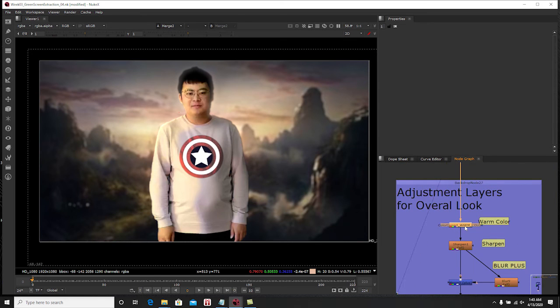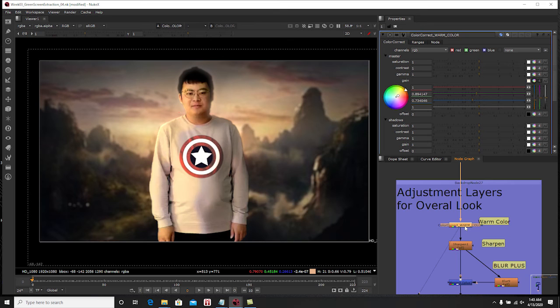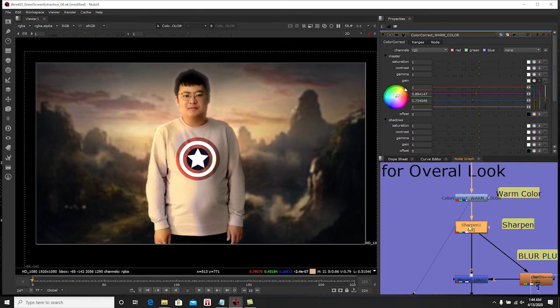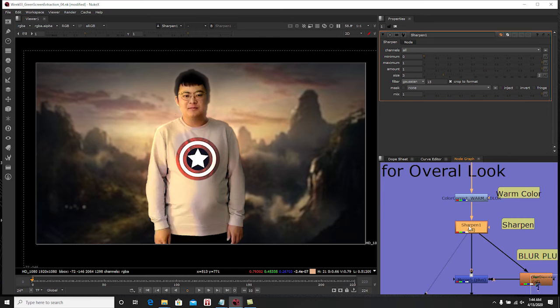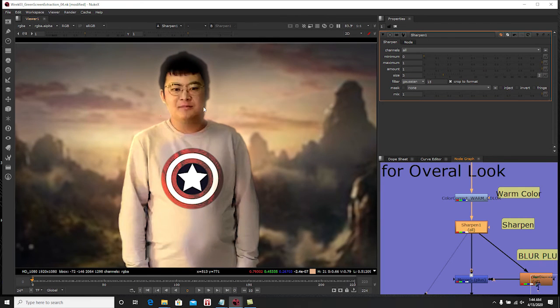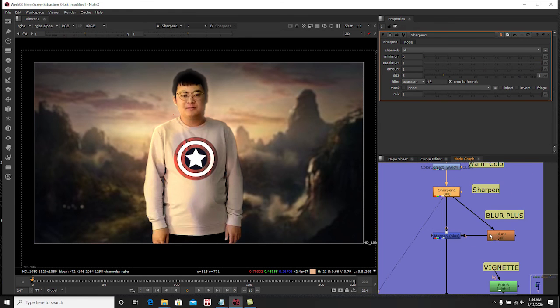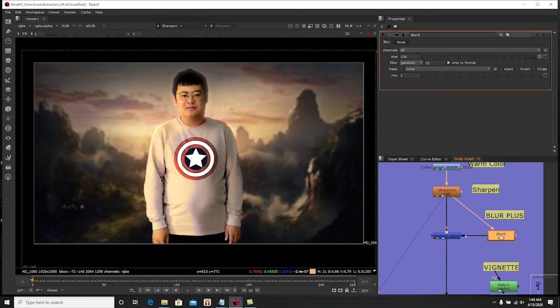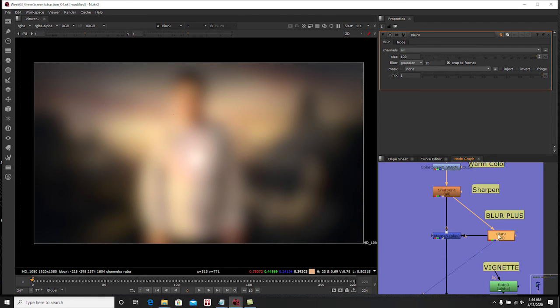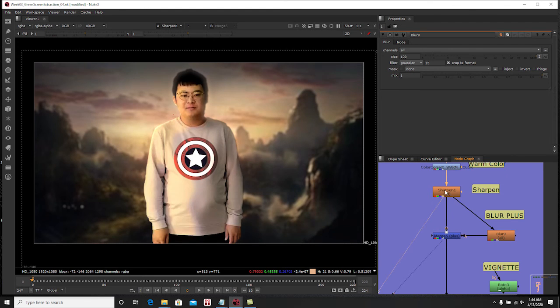From there, I gave it another warmer color just to give it an eye candy type of effect. I even gave it sharpen there. And then I blurred the whole footage, gave it a value of 100, and then I merge plus it on top. So if you go like this, see,